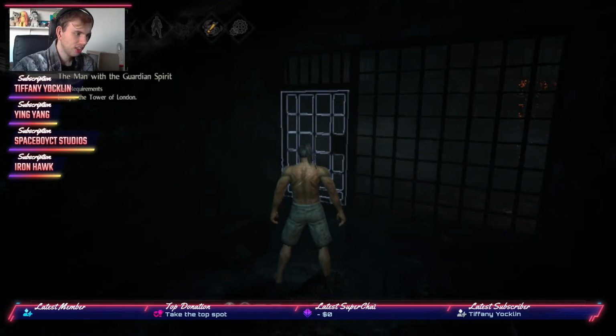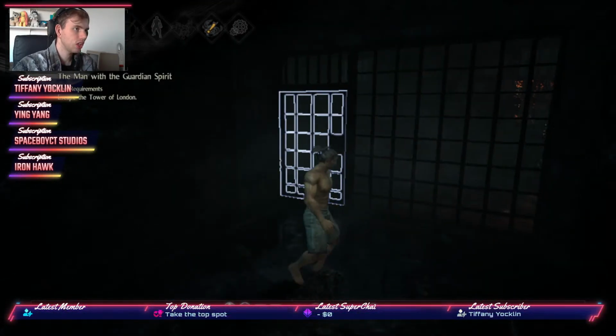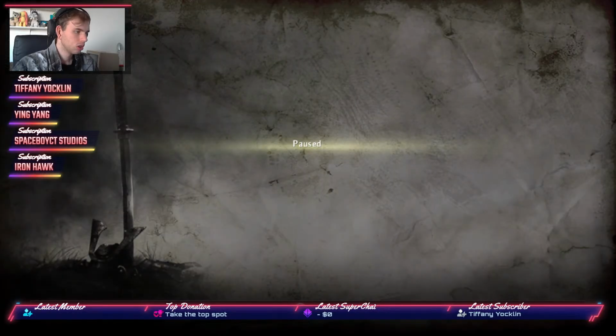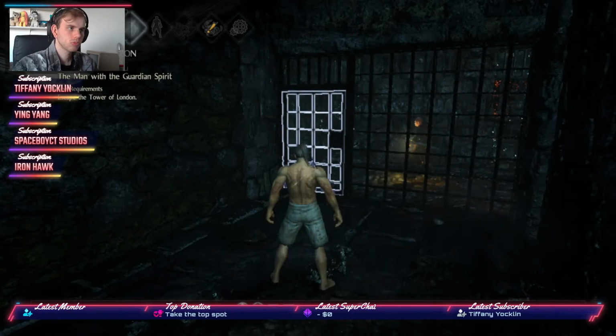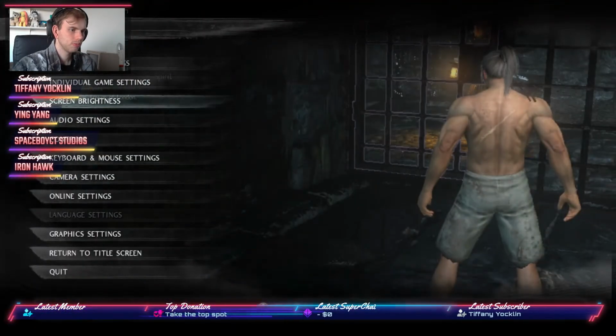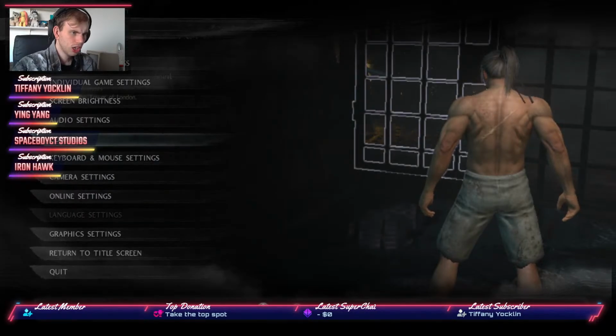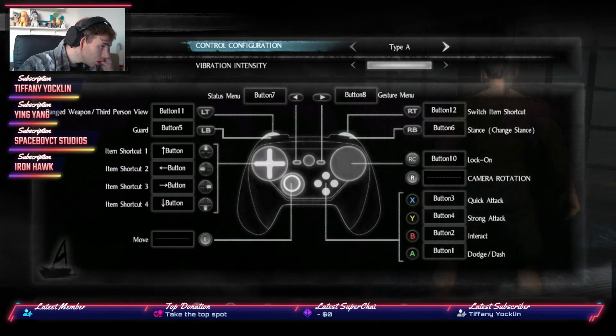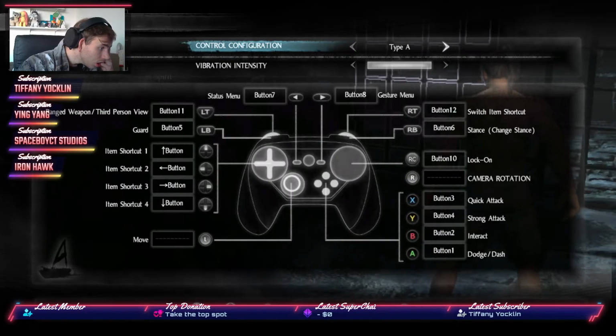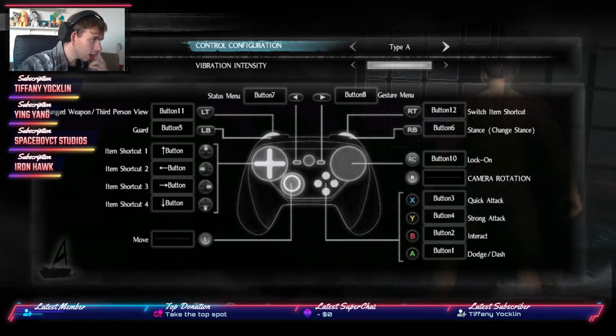Can I change something about the... Oh. System. I want to change something about the controls because this is not the way that I would expect it to be. What? Oh, you've got to be kidding.